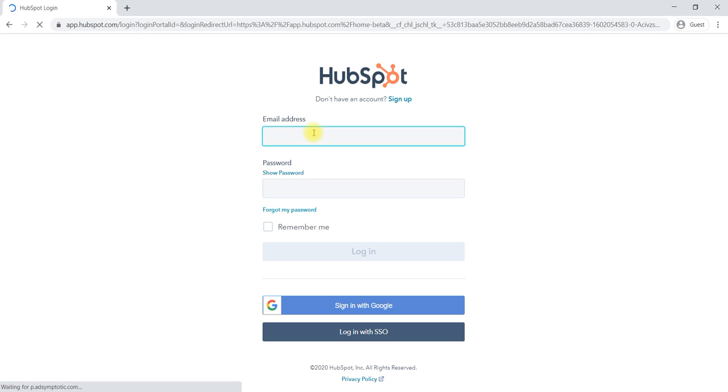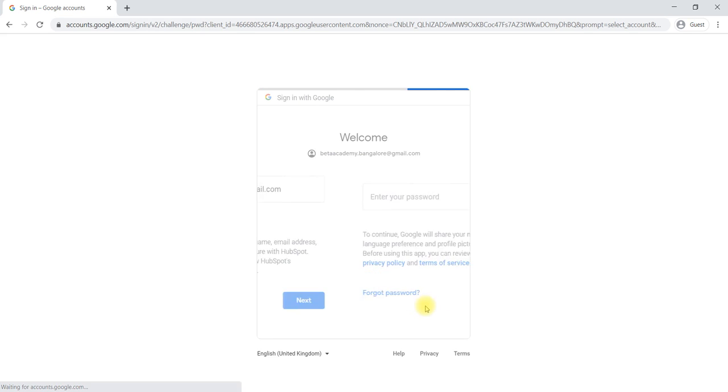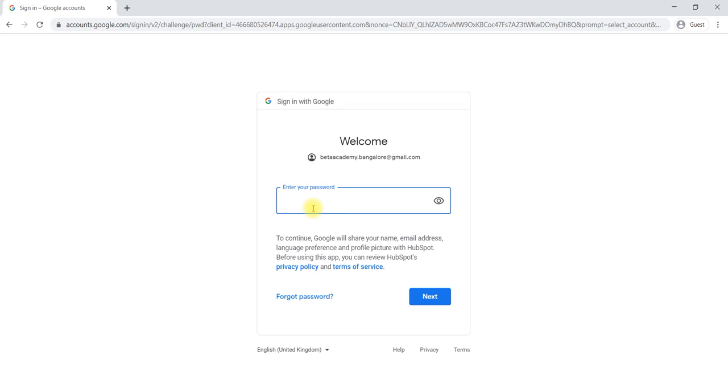If it is not there, we have to log in again using the login we created with Google. So we'll log in again using the Google account. Then give the password.